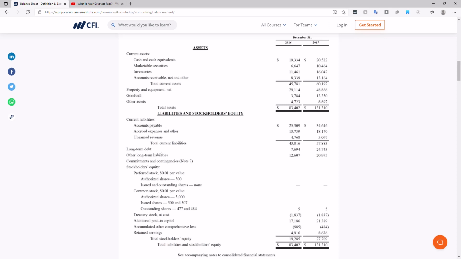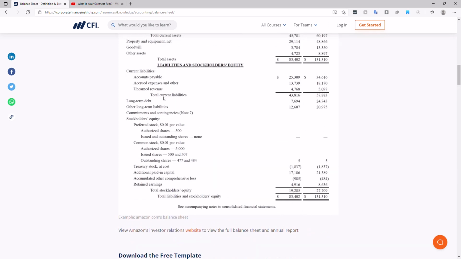Current liabilities, liabilities due in less than 1 year. Here you are. You have your total current liability, right? Year over year, it has increased. But what about your total assets, right? Your total current assets year over year has also increased. If we compare total current assets, 2016 is about 46 million. Total current liabilities about 44 million. It's good to see because assets are greater than liabilities, which means it's healthy. If a company needs to cover their current liabilities with cash or something like that and other inventory, they'll be able to. So it's good to see this is healthy.